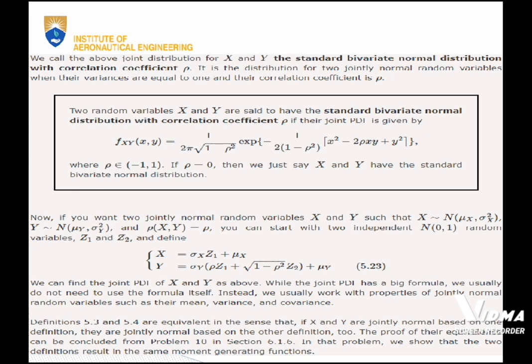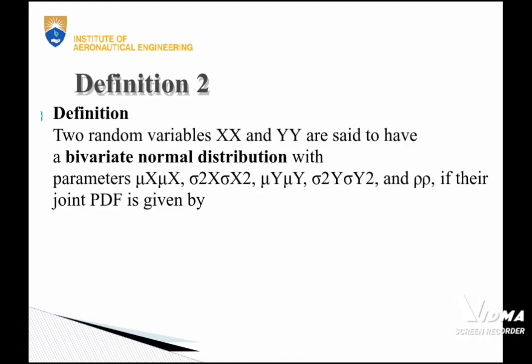In the problem, we can show that the two definitions result in the same moment generating functions. Definition: two random variables X and Y are said to have a bivariate normal distribution with the parameters mu_X, mu_Y, sigma_X squared, sigma_Y squared, and rho